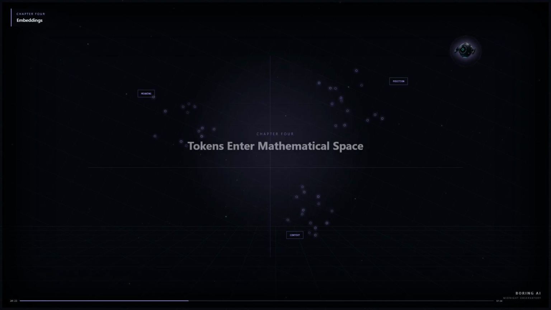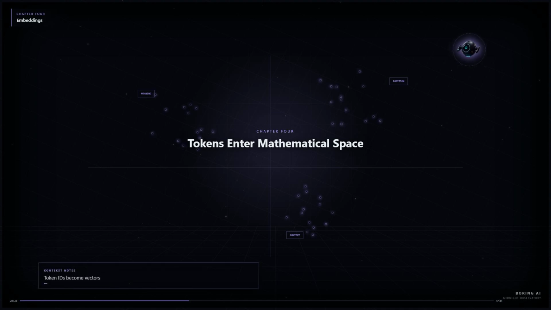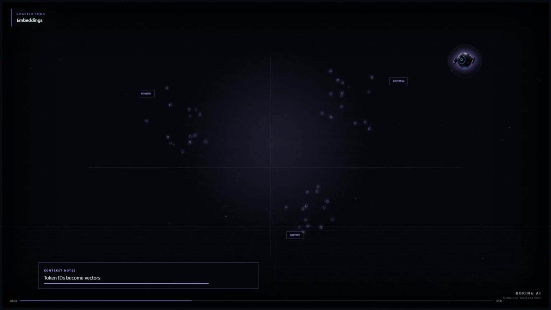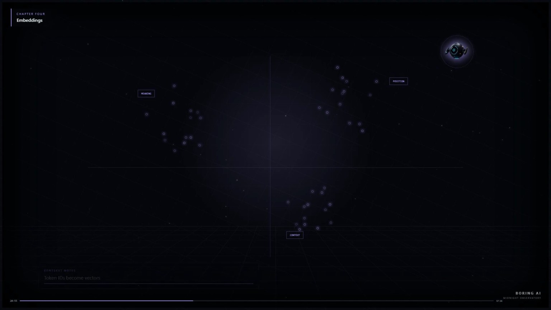Chapter 4. Tokens enter a mathematical space. A token identifier is an address. The model needs a richer representation before it can calculate how tokens relate to one another. The first major step is an embedding. An embedding turns each token identifier into a vector, which is an ordered list of numbers. Instead of one integer saying which token this is, the model receives many values that place the token inside a